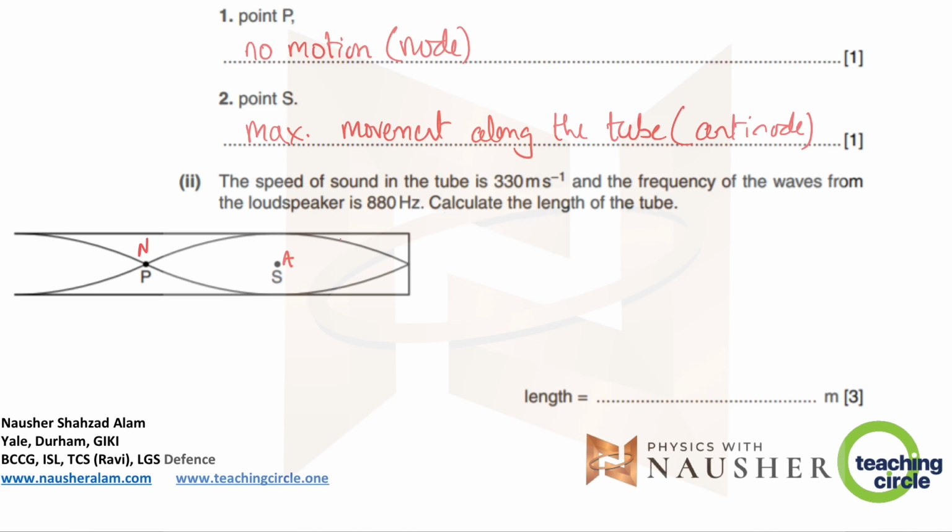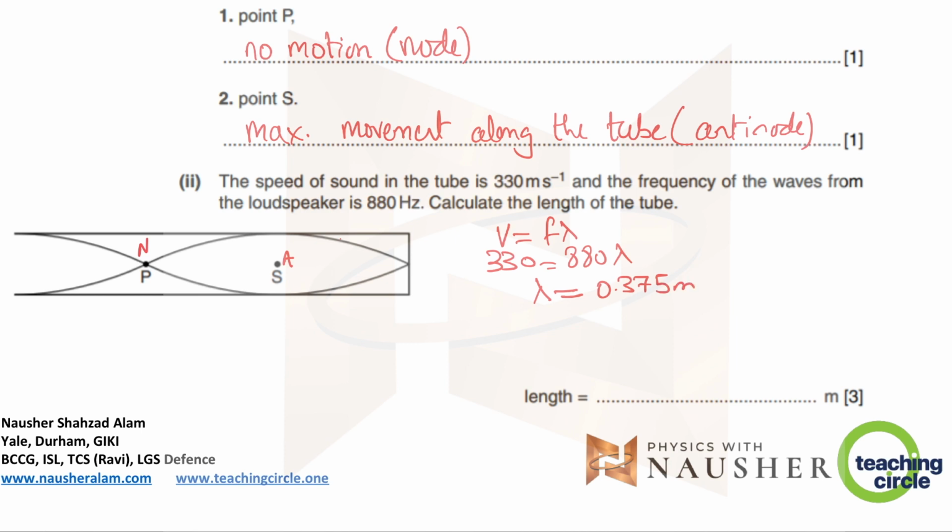In this part, they're asking you to find out what is the length of the tube. They've given you the speed of the sound in the tube as 330 because it's sound, and the frequency is 880 hertz, which is coming from the speaker. So let's solve this. The first thing you do is use the equation v is equal to f lambda. You have the speed, which is 330. You have the frequency, which is 880. Find out what is the wavelength. The wavelength turns out to be